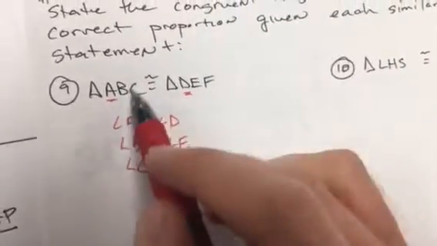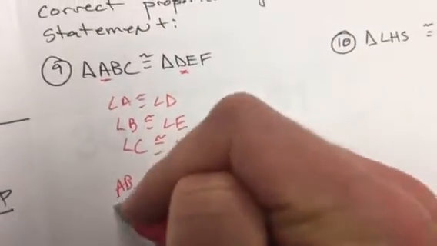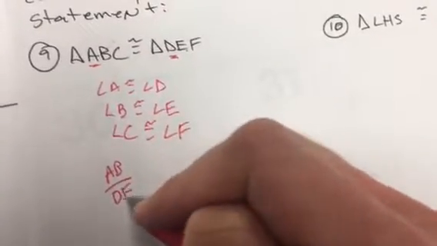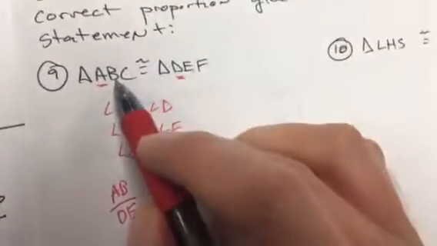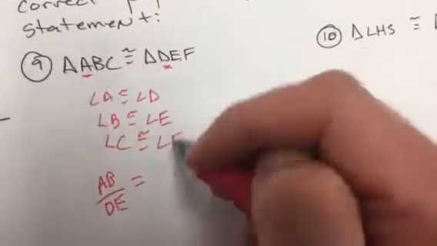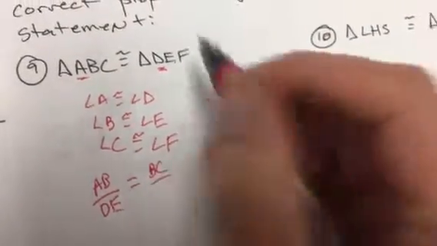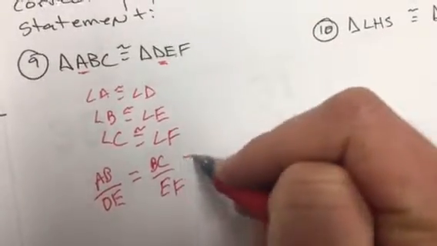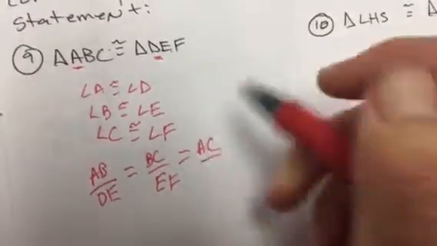Now in terms of the proportion, I'm going to start here. I'm going to go AB, first two. AB would correspond with DE, first two. So I'm going to write it as a ratio, a fraction. And that's equal to the second two, BC, over the second two here, EF. And then that's equal to the last side, which would be the first and the last, AC over the first and